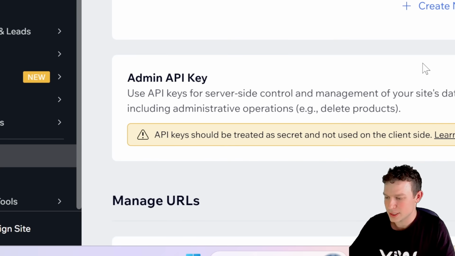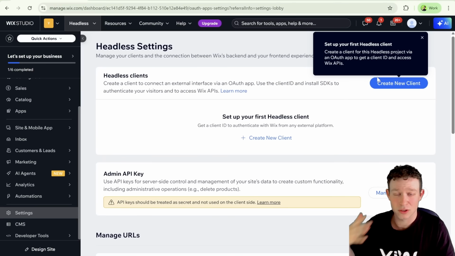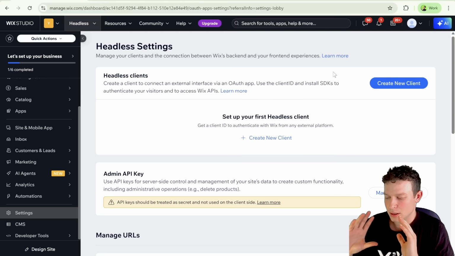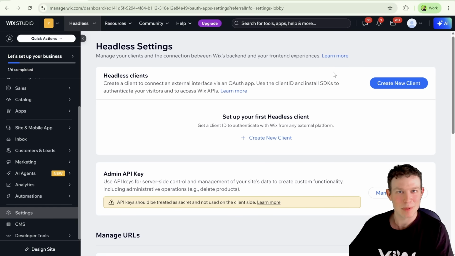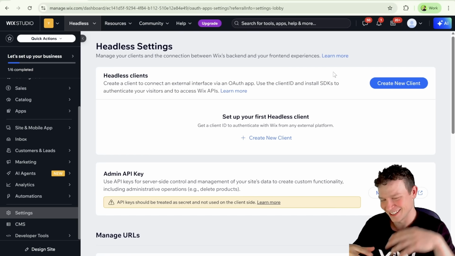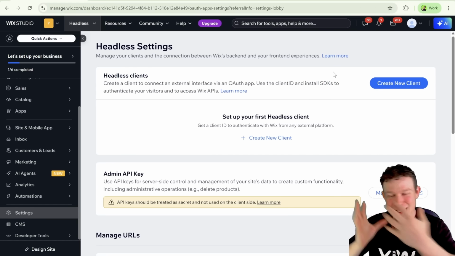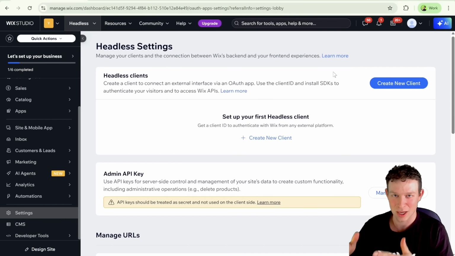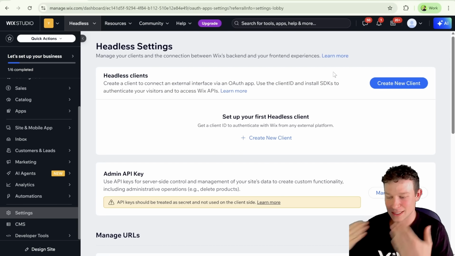And if you go over here, this is essentially the portal where you can create a headless site or turn your site into a headless site. And again, it's not like you're completely dismembering your website, beheading it, and then it's done and you can't edit your website through the editor anymore. You're kind of adding an additional head, or you're allowing this head to be connected to another body. And essentially opening the potential to develop a front end for your site off of Wix,